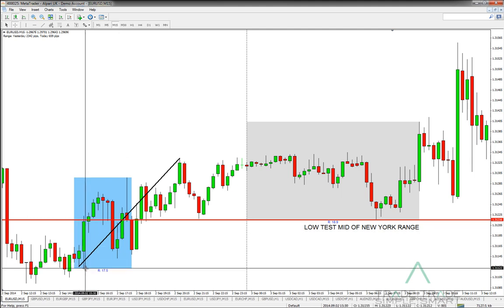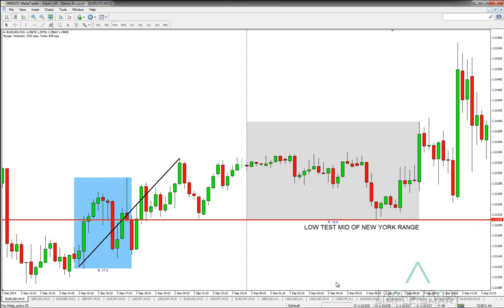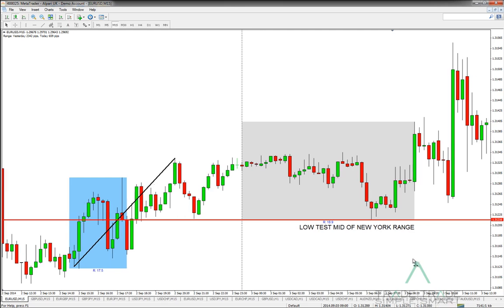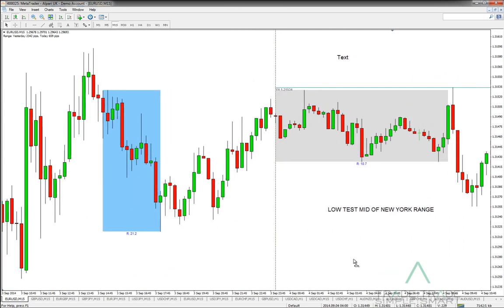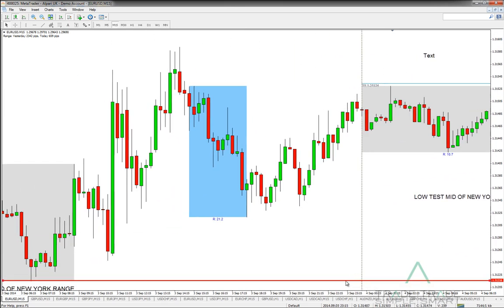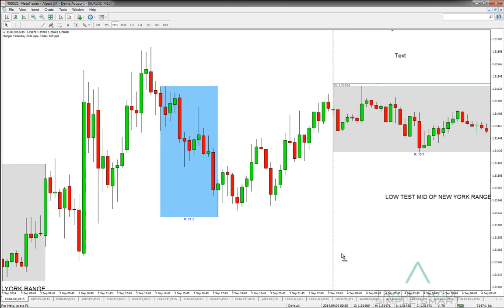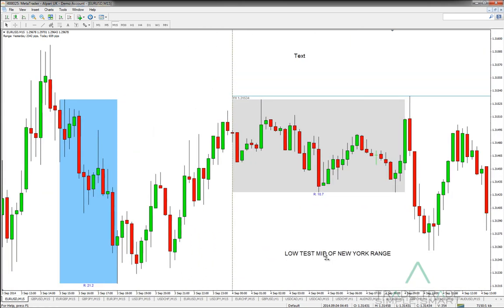And then if I measure from the low to the high, we have a 9-point range. So again, in and around the mid of the prior day's US session. And this is something that you will see in the majority of time frames